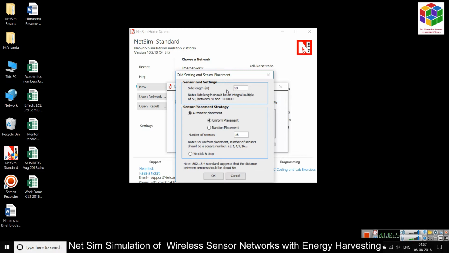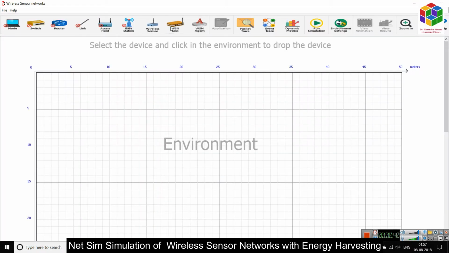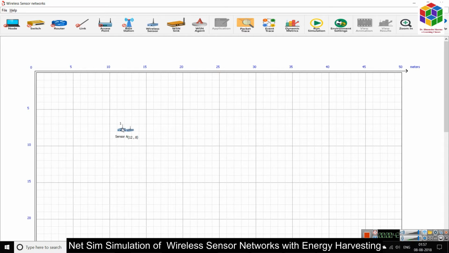We will choose the distance of area in meters, 50 meters, x and y axis, and we will choose sensor placement strategy as via click and drop, that is manually. We will use a WSN node. We will use a sink,